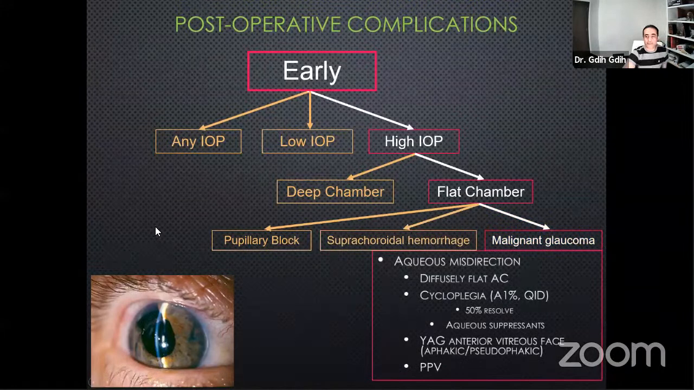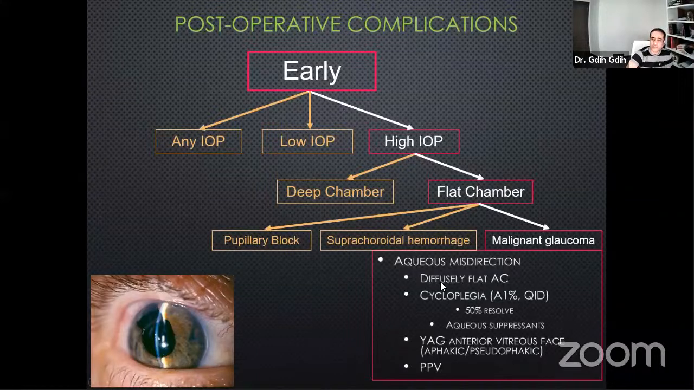Malignant glaucoma is another possibility. The other name is aqueous misdirection syndrome. You will see a diffusely flat AC. And interestingly, even though it's called malignant glaucoma, you can have either a high pressure or a normal pressure, and sometimes even a low pressure can still be malignant glaucoma. So it's something that you have to keep in mind and always be thinking about when you have a flat